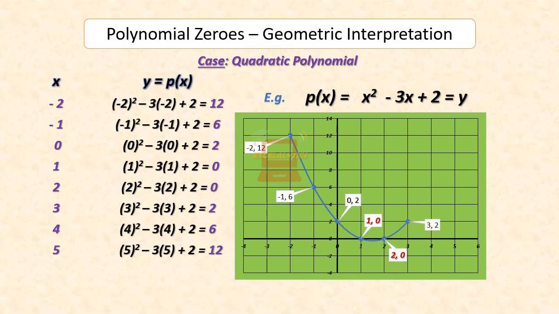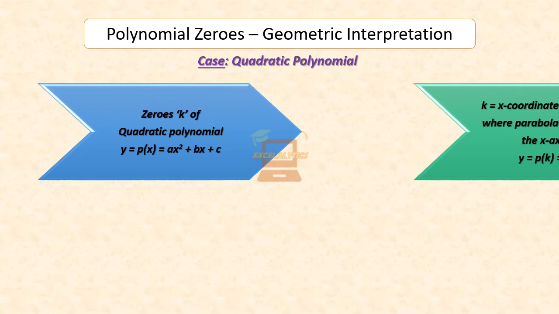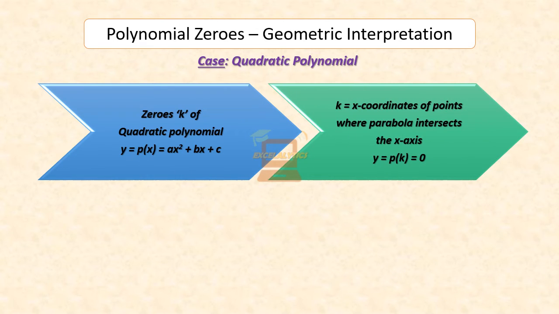Having plotted the graph, we find that the quadratic polynomial is a parabola. The curvature of the parabola depends upon the value of a in the equation. If a is greater than 0, like in the present case, the curve opens upward. When a is less than 0, it opens downward. We can observe from the plotted graph, when x equals 1 or 2, on both occasions, y becomes 0. These are again the points where the graph intersects the x-axis. The zeros of a quadratic polynomial are precisely the x-coordinates of the points where the parabola representing the quadratic polynomial